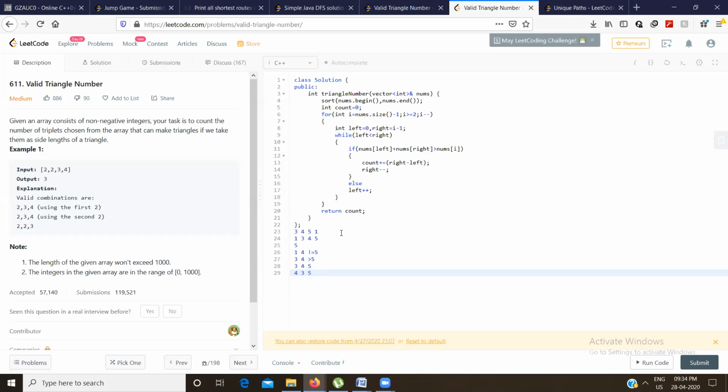But he does not consider 4 yet. Now he only considers 5. Then after this 5 is there, our next pivot will be 4. So in that case, again, left will be 1 and right will be 3. So again, we'll check, and the loop will run till left is less than right, and once it stops, it will break.